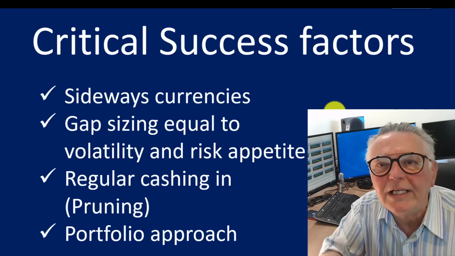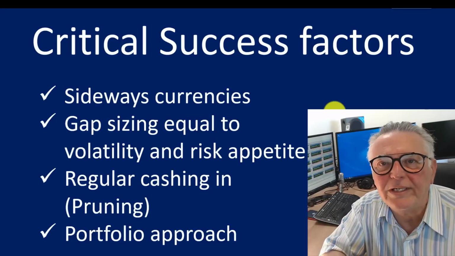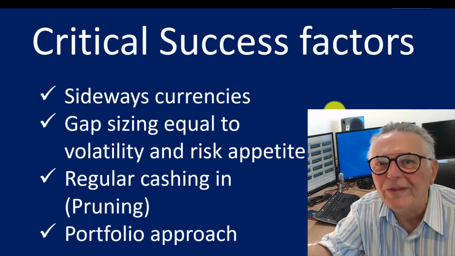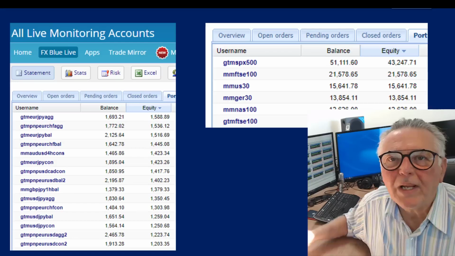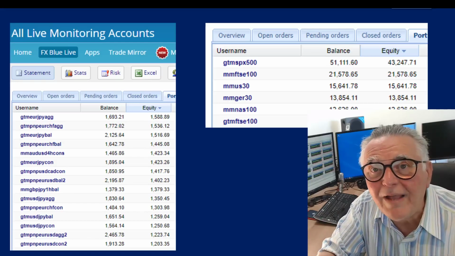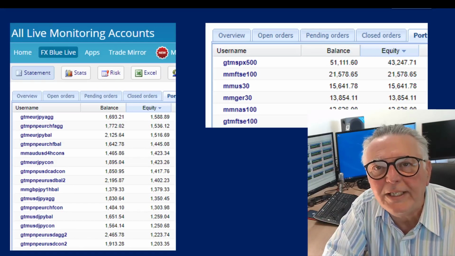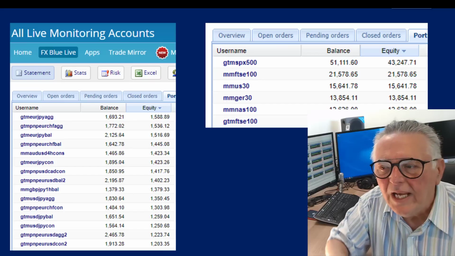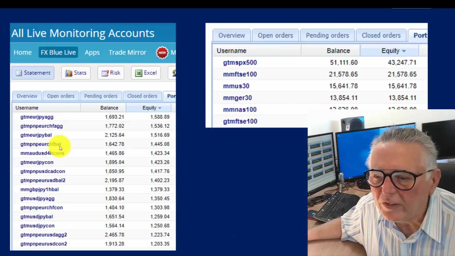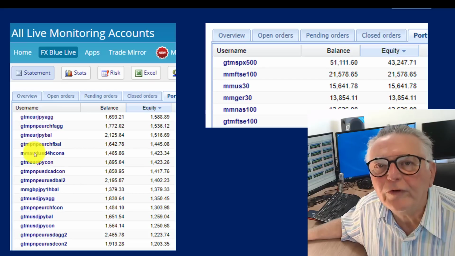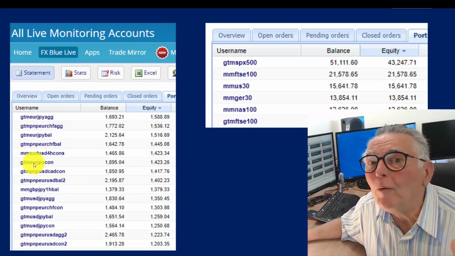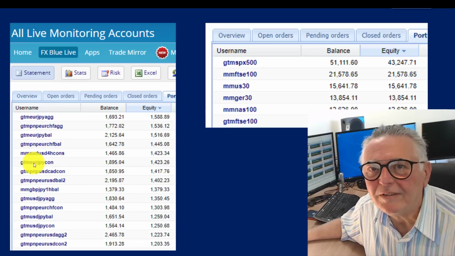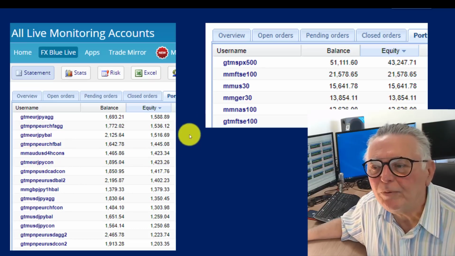Now we do have, in this robot that I mentioned earlier, plug and play versions where the currency is already selected, the gap size is already selected, so a lot of that has already been done for you. And here are some results on live accounts. These accounts have been traded on a live basis. They all started out as a $1,000 account, and you can see the beautiful results that we've got, and there are a few other robots included here, but the grid trend multiplier is by far our most robust EA